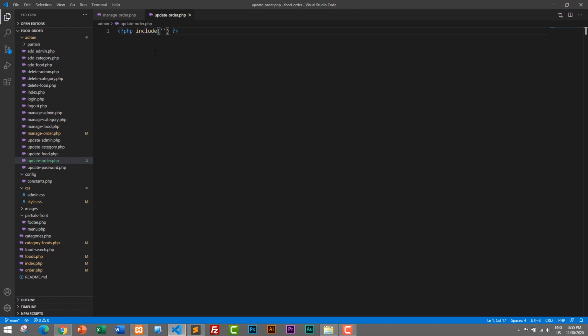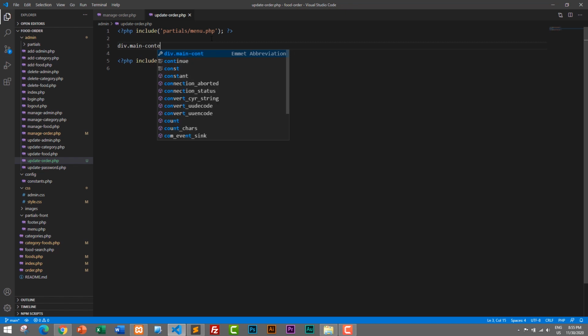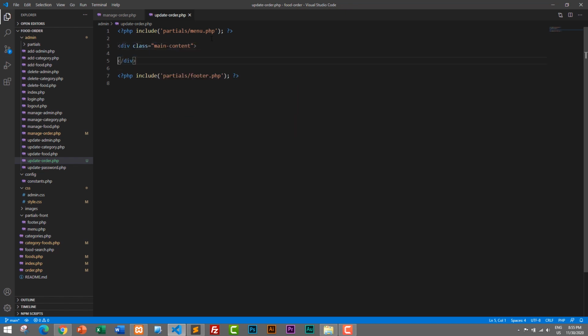We need to go inside partials/menu.php, and then we also need to include footer. So I'll copy it, Ctrl C, go down here, and this will be footer. And between this menu and footer we will create a div with main content class, and inside this main content